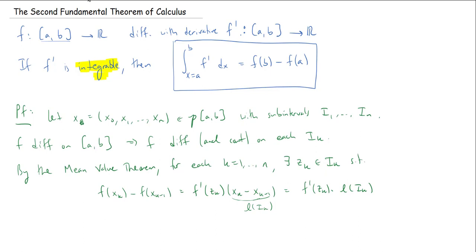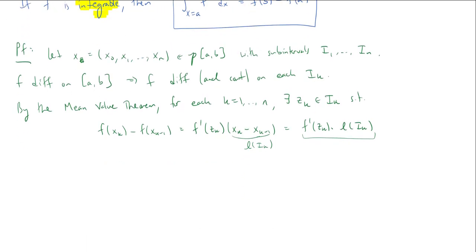All right, now this product here is going to be great because this is showing up in our lower sums. So let's see. If we do the lower sum, the f prime lower sum of this partition x, this is going to be a sum, k goes from 1 to n. I would need to take the infimum of f prime on the interval Ik and multiply it by the length of Ik. But now the infimum of f prime on the interval Ik, well, let's remember that's going to be